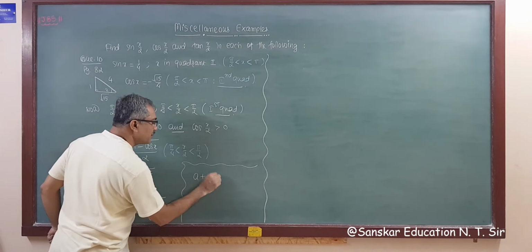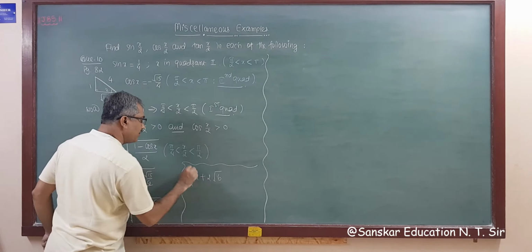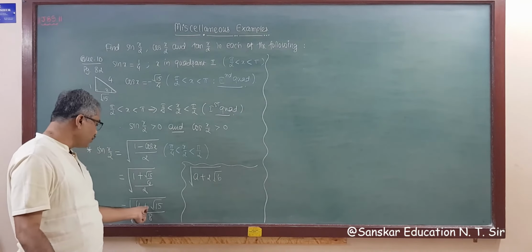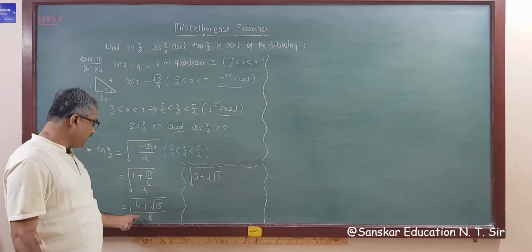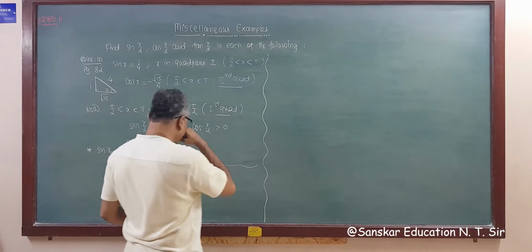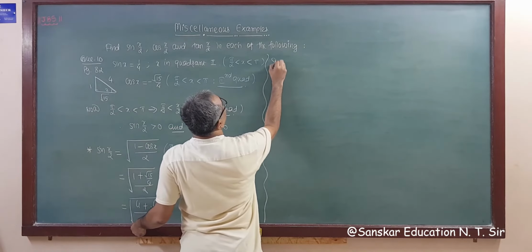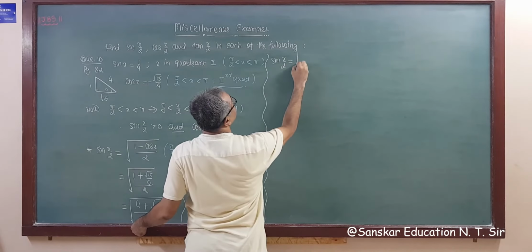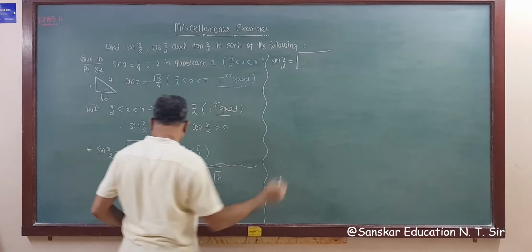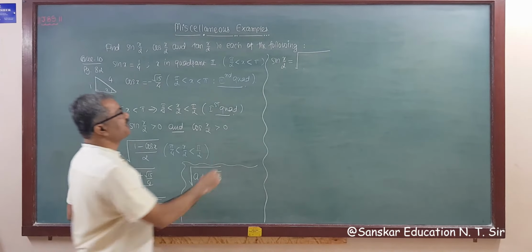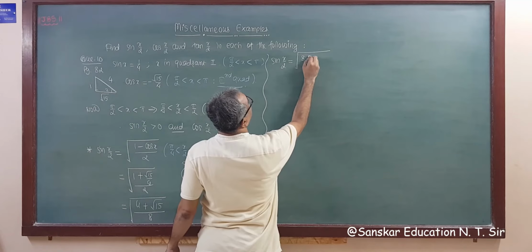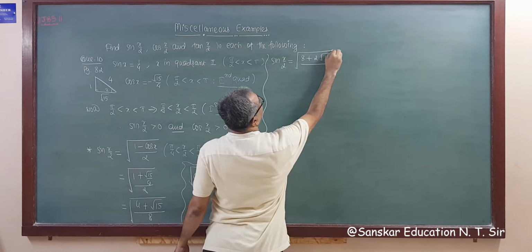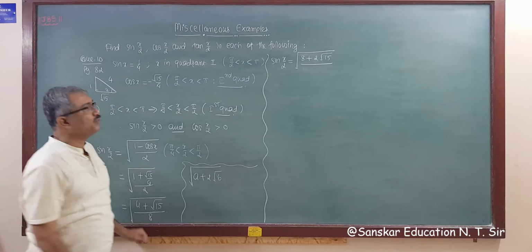a plus 2 root b form if you want to find out the square root of this, right? But here there is no 2. So multiplying and dividing by 2, what do we get here? So sin x by 2 is equal to square root of, if we multiply by 2, then this is 8 plus 2 root 15, and dividing by 2 means 8 into 2, 16.